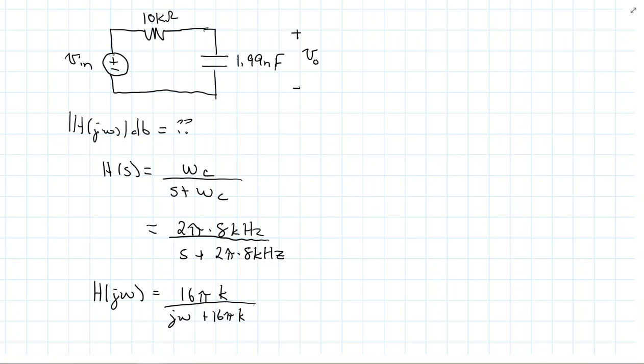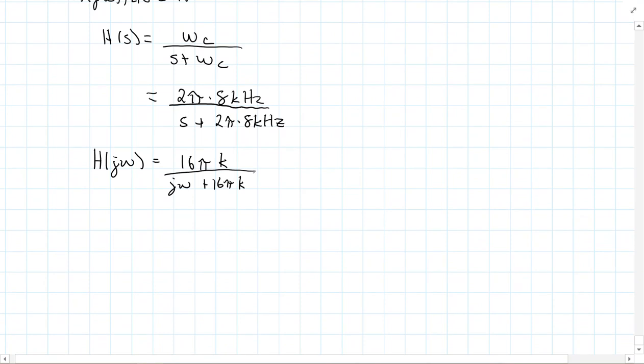But I'm going to write this in the form where we know that the magnitude of H at j omega is equal to 16 pi k